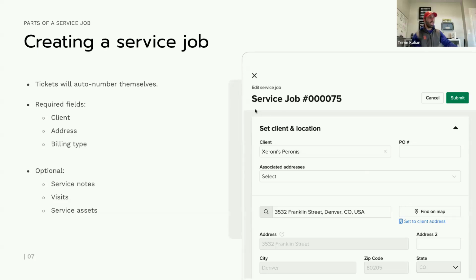The numbering scheme of the jobs can be automated. Notify will suggest the next name of the job. You don't have to actually use the next number. It's just a suggestion for the sake of if you use numbering, making sure you always have the next number up. But then you'll have a lot of optional fields like service notes, a description of what's going to happen